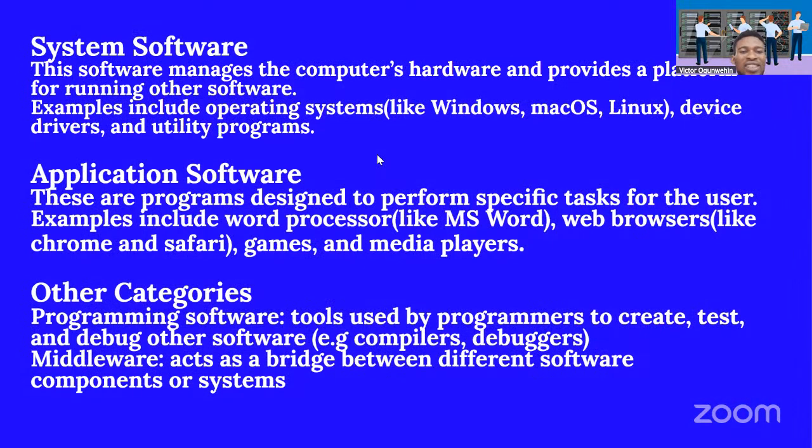System software manages the computer's hardware and provides a platform for running other software. Let me talk about that platform. The major aspect of system software is the operating system. Now, what's an operating system? Operating system means that